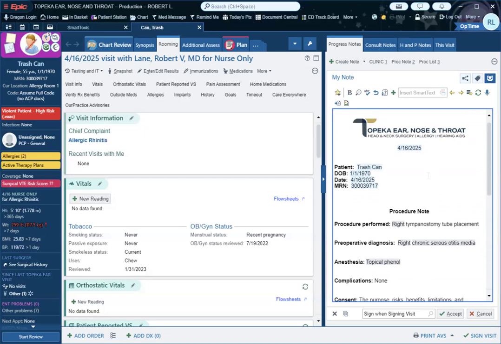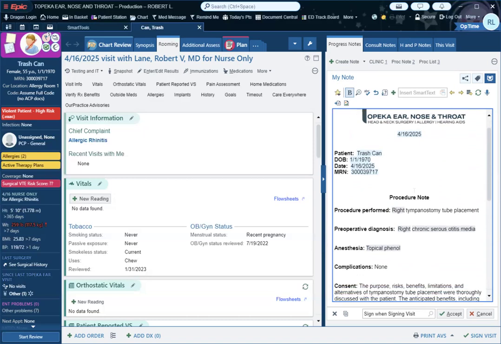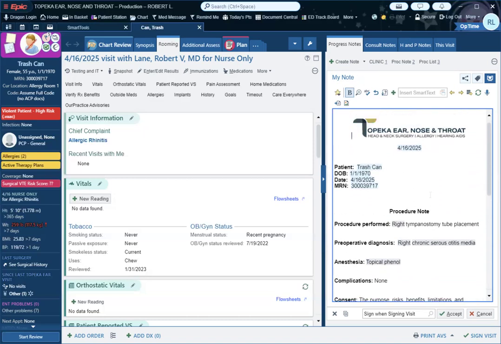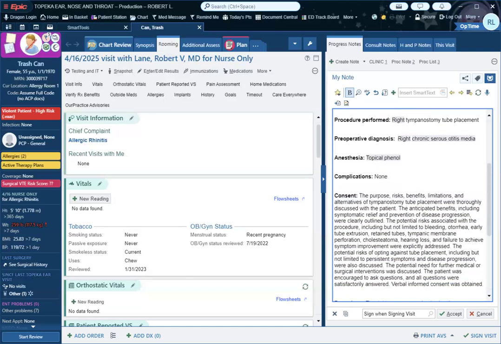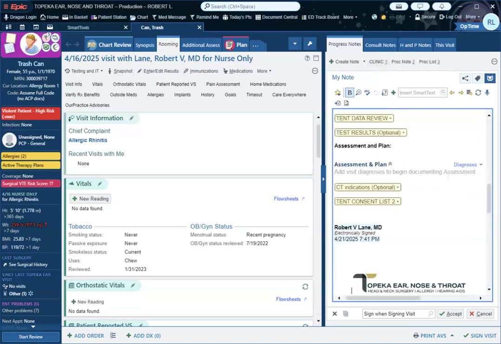I'm going to use a lot of standalone notes. We have another method though. We can insert the thing into a progress note. So I guess that brings me to another point that you can create more than one note per visit. So say this is a procedure note, but we also wanted to make a clinic note. So you can just click the clinic note and